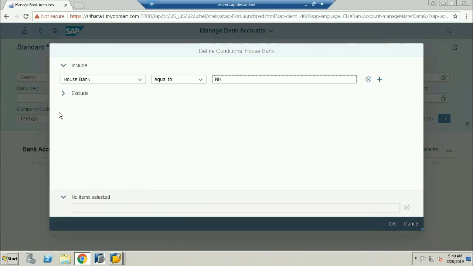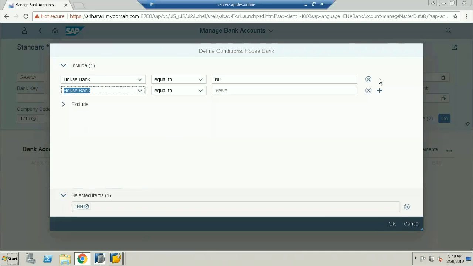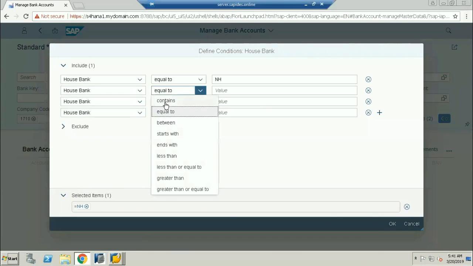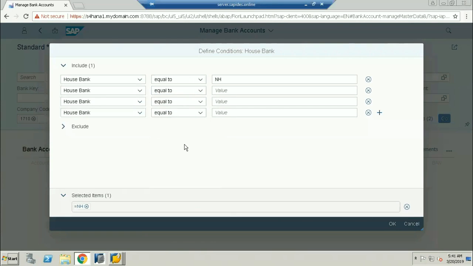And one more thing, you can also add some more parameters. If you're looking with equal to, or less than, or which contain, and you want to add some more parameters, you can also click on here. See here, one more parameter has come. Like this, you can maintain more parameters. You can look out for your house bank details with equal to, or which is less than, or between. So we can have many parameters over here to look out for your search help. This is what exactly we can call a search help.